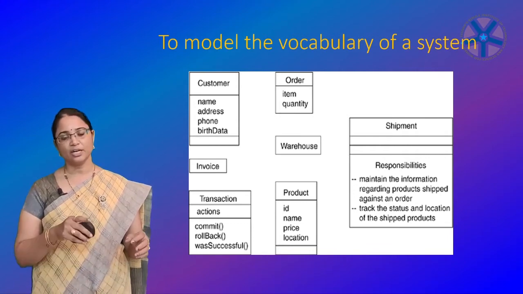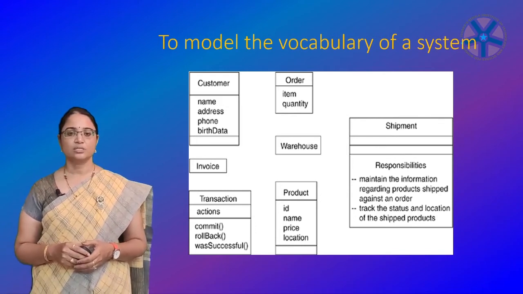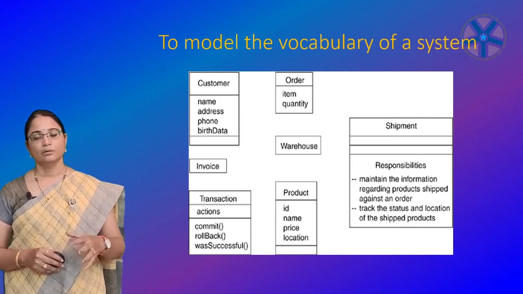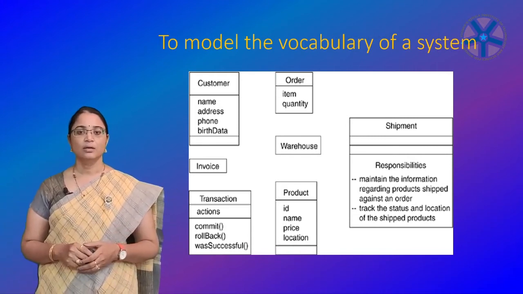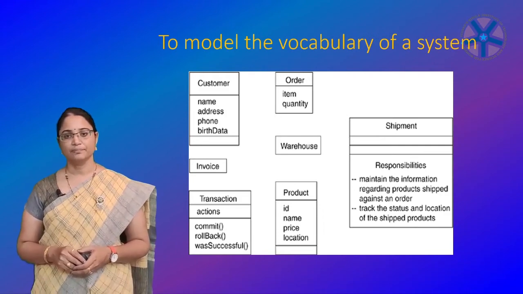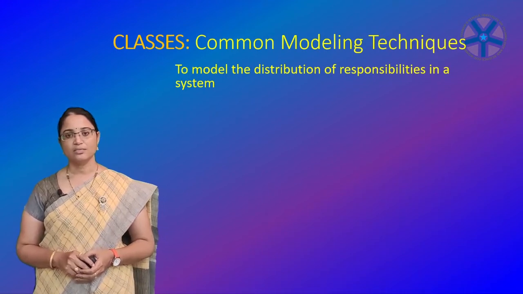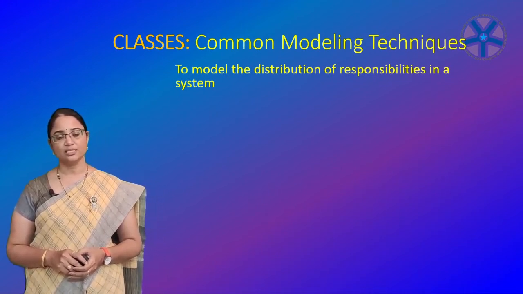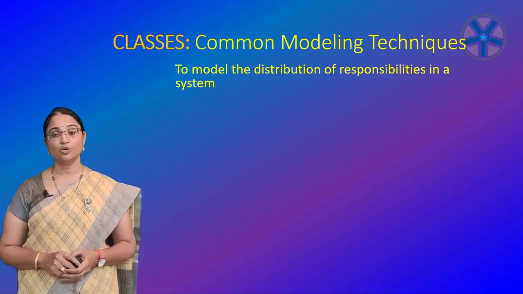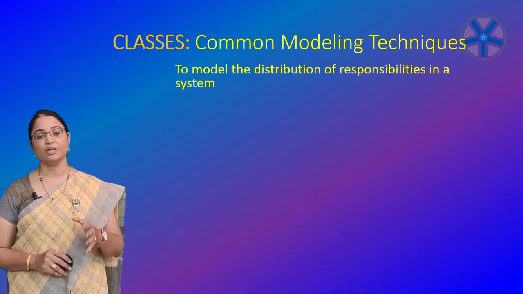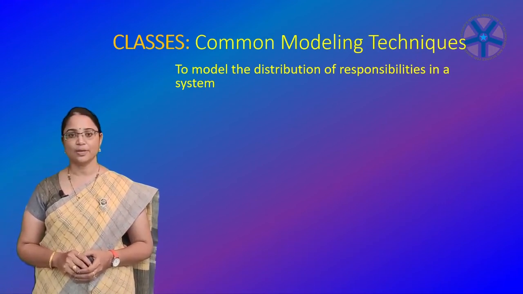By giving the package name, then a double colon, you can give the name of the class. This also simplifies how you group the classes based on the package. You can identify which classes are grouped semantically or logically. So this is regarding how to model the vocabulary of a system. Second one is modeling the distribution of responsibilities in the system. How will you distribute the responsibilities? I told you that we need to go with a balanced number of responsibilities. Every class should contain a balanced number of responsibilities. So this is what we discussed in this topic.